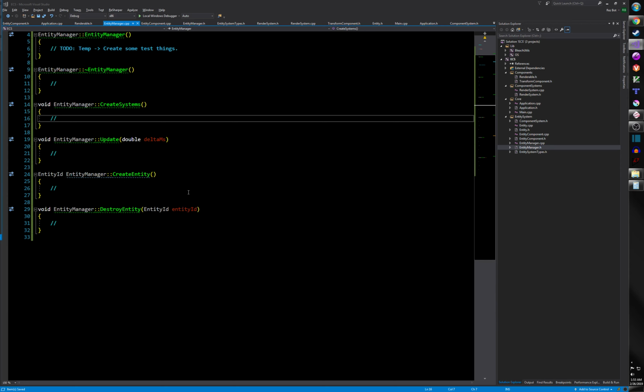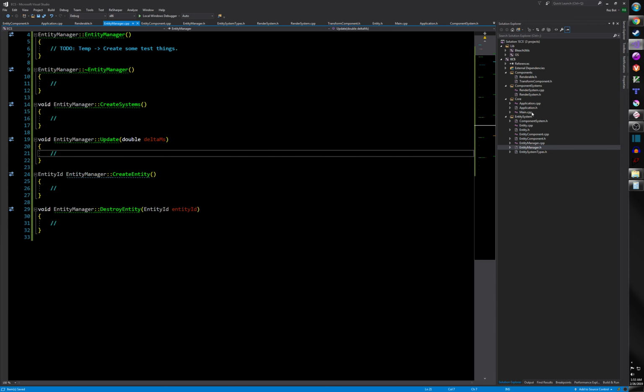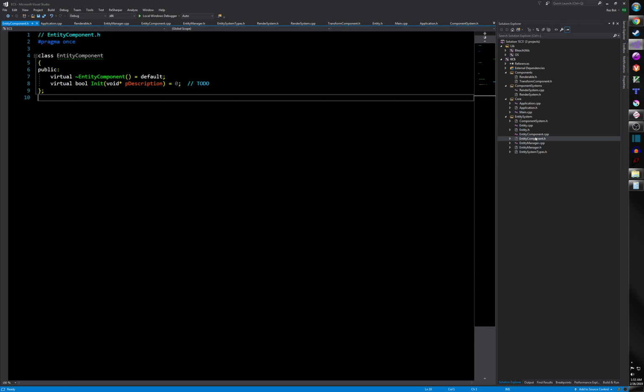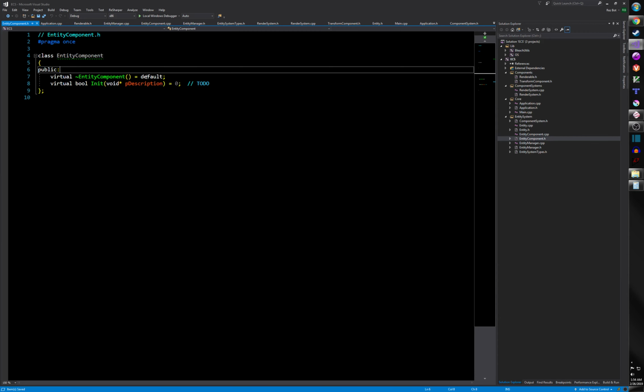Update. Yeah, I think the time is right now to start creating the actual components themselves. So I'm going to start with just the base component. So the entity component is here, and let's talk a little bit about what this is going to look like. As I said, this kind of thing is pooled. And so what we're going to do is say entity ID,